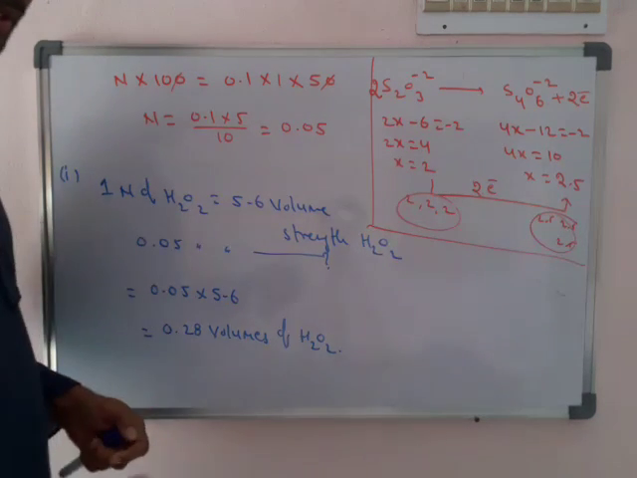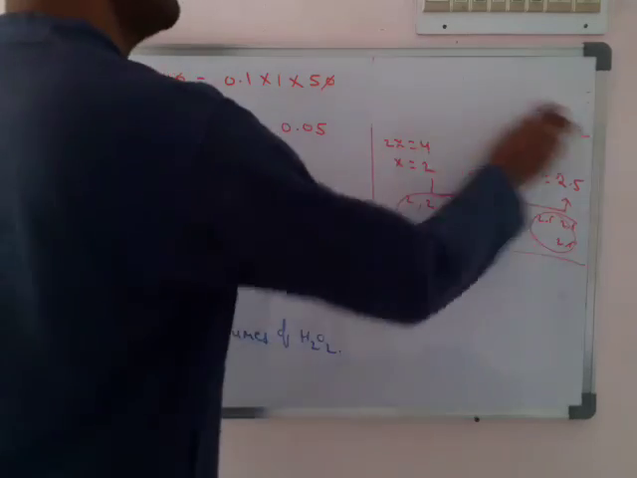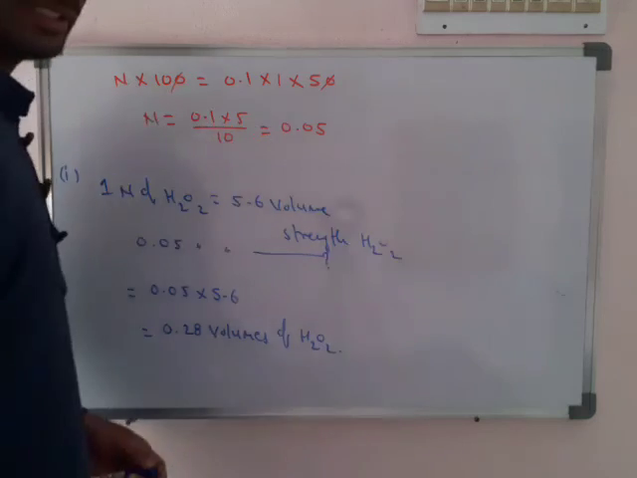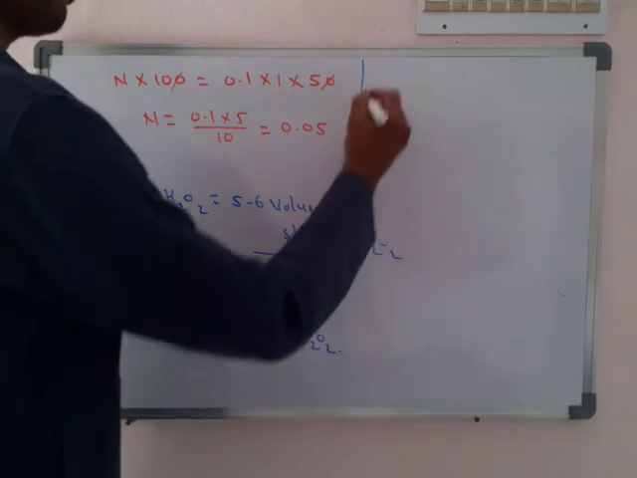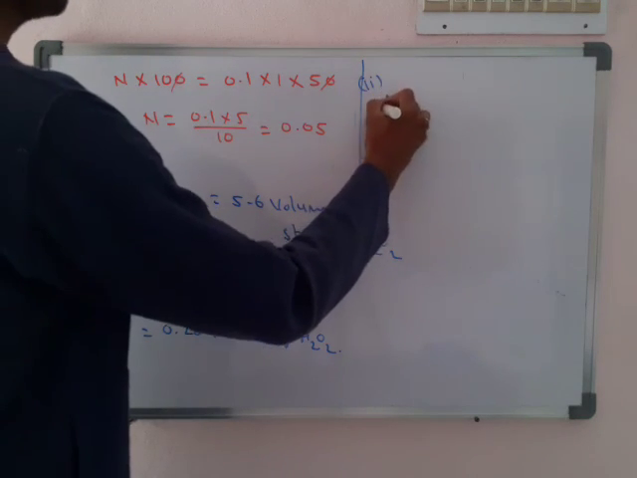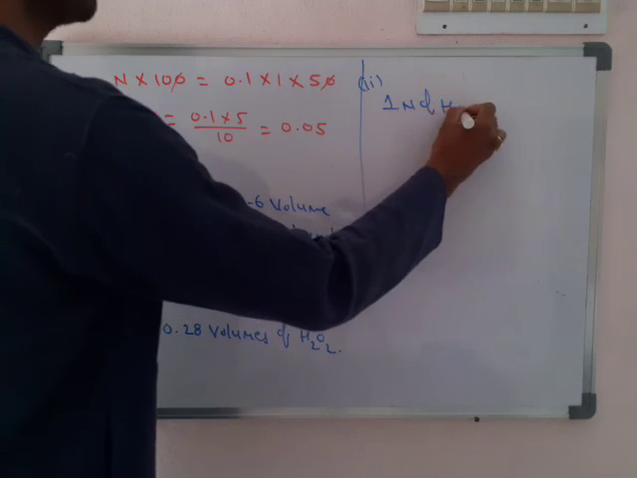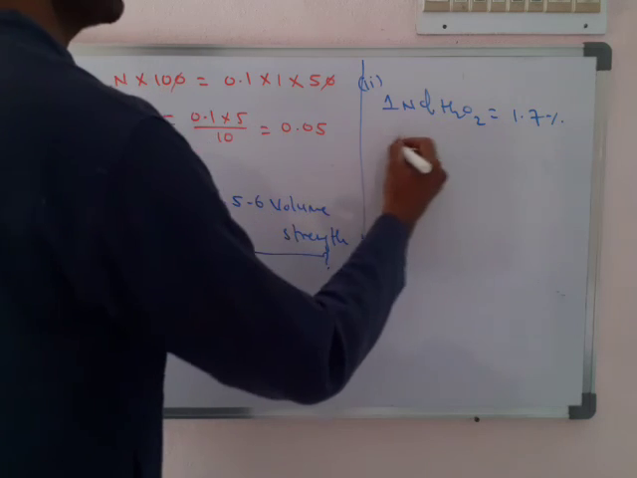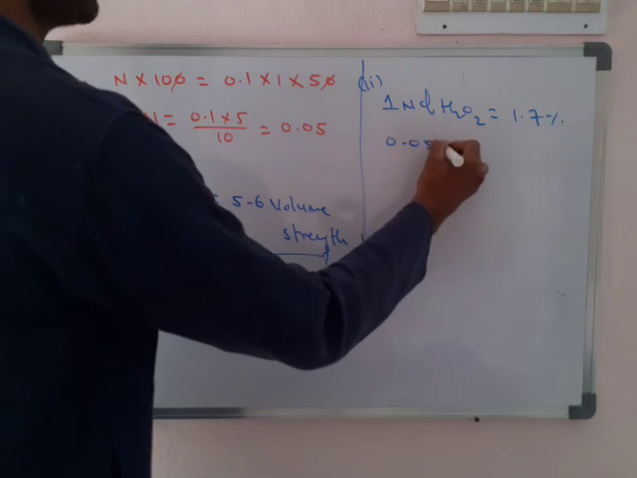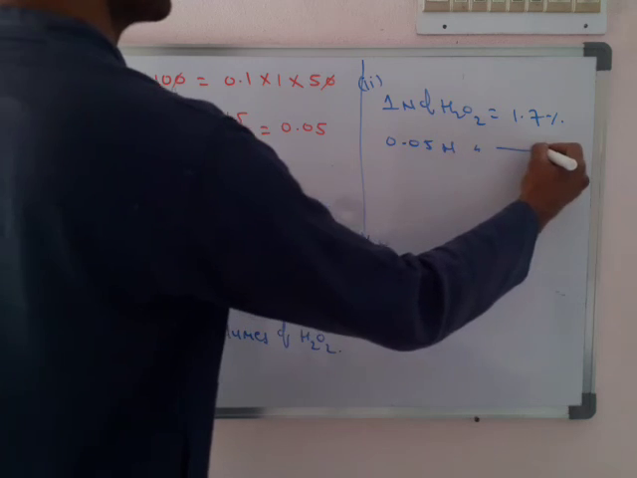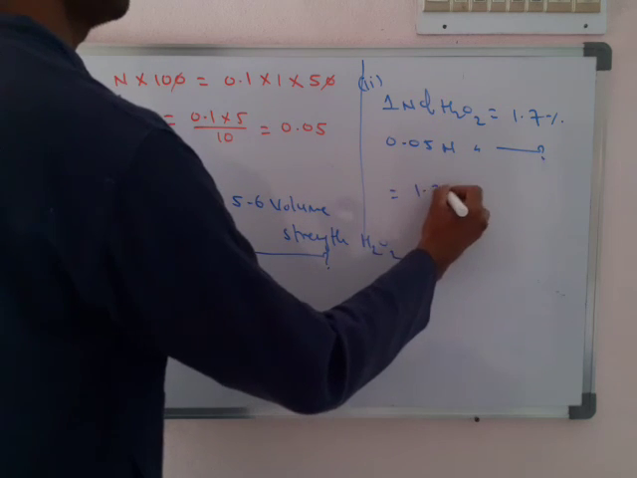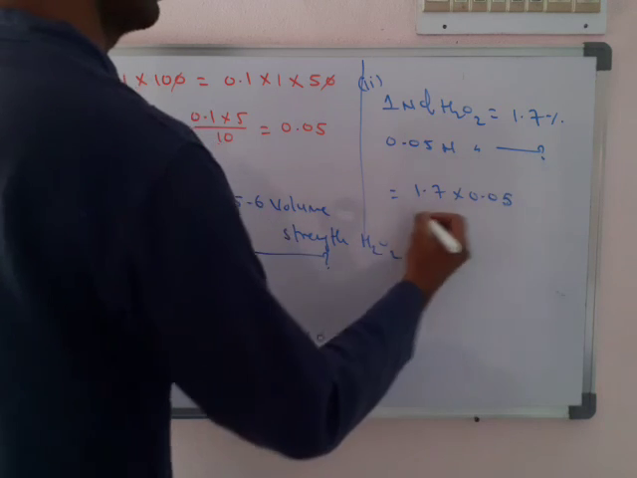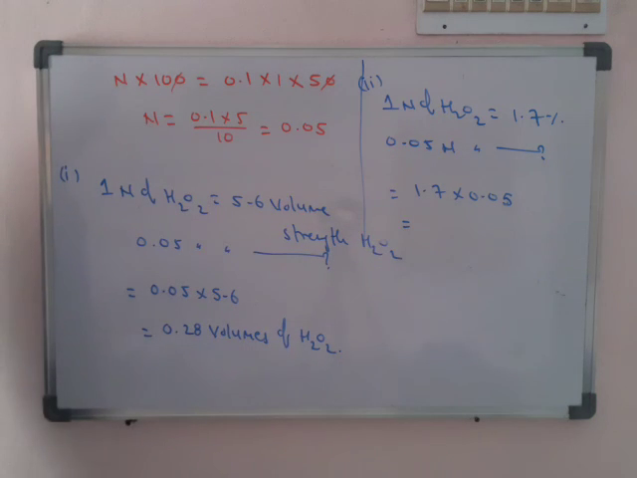In the same problem, the second case was to calculate the percentage strength. Already in the formulas of hydrogen peroxide we know that 1 normality of hydrogen peroxide is equal to 1.7%. So then 0.05 normality hydrogen peroxide is how much? So on overall calculation,